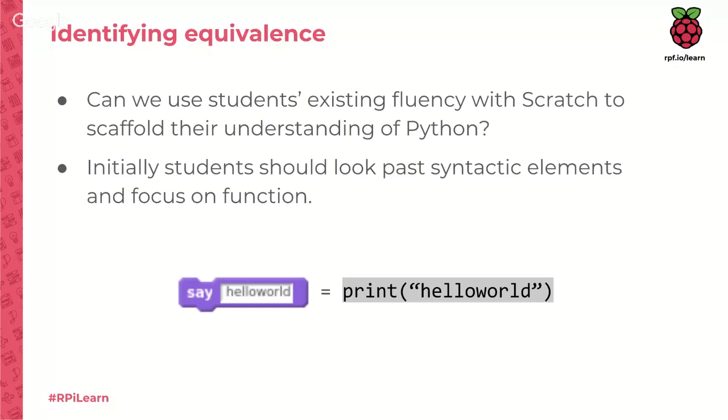So rather than comparing atoms with atoms, we should be comparing this block with the overall function that it's performing. Say hello world, which the students will be able to do in Scratch, is equivalent to printing hello world in Python, and we can draw out lots of equivalences. If you take part in the FutureLearn course, that's what the lead educator, Mark, spends a lot of time doing, drawing out these functional equivalences between Scratch and Python. We're going to dig into that in a moment, with a little quiz activity to see what your understanding of Scratch and Python is.